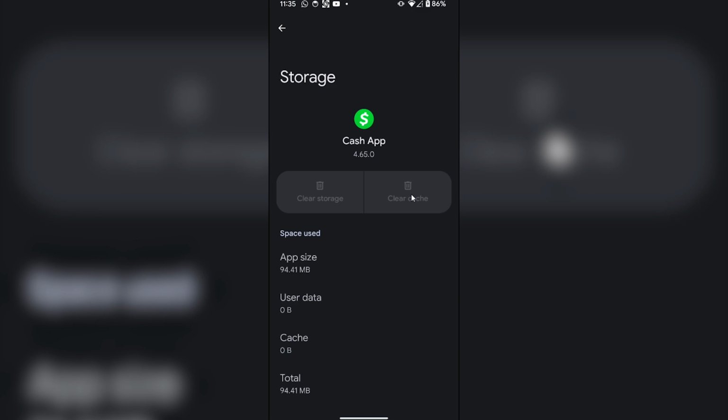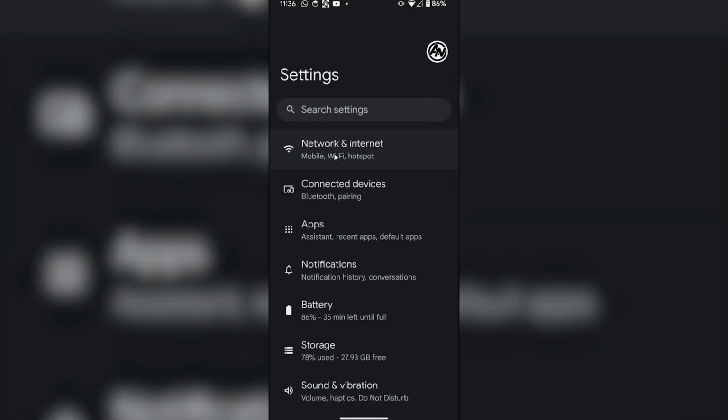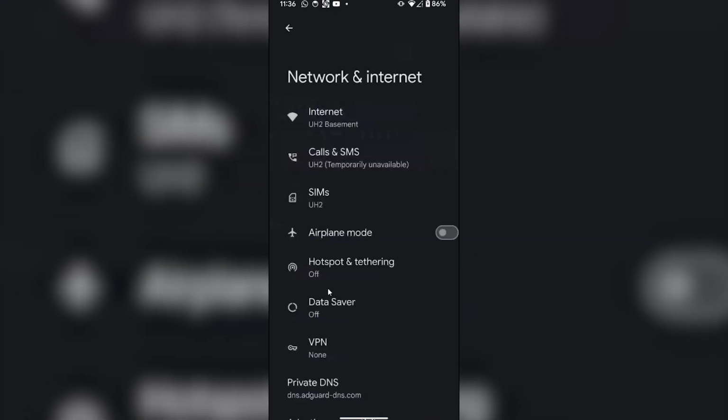On iPhone, you have to go to your iPhone settings, then go to General, and then select iPhone Storage. From the list of apps, you have to select the Cash App and offload the Cash App from your iPhone. And if it still doesn't work, you can go to your phone's settings, Wi-Fi and internet,